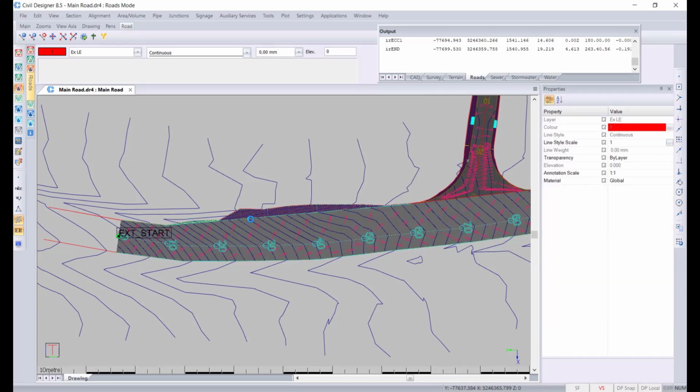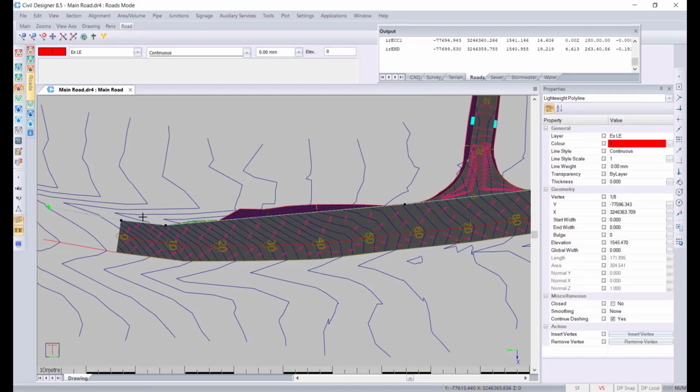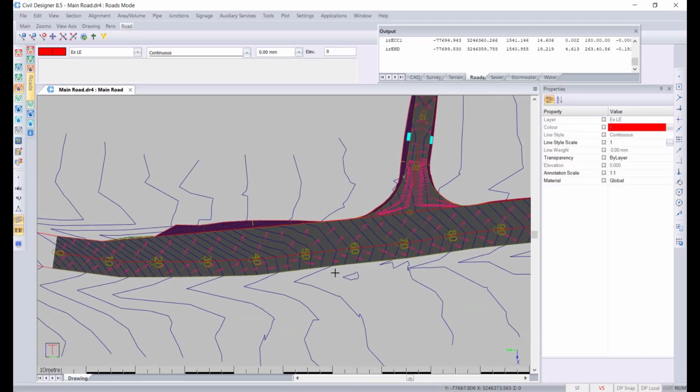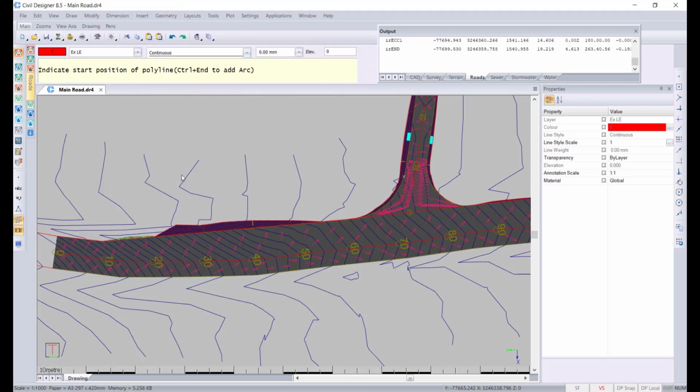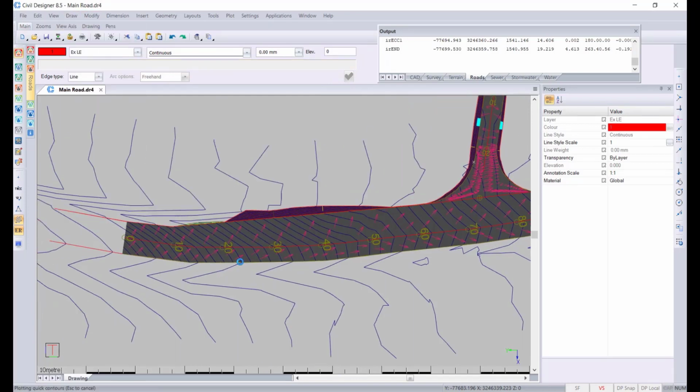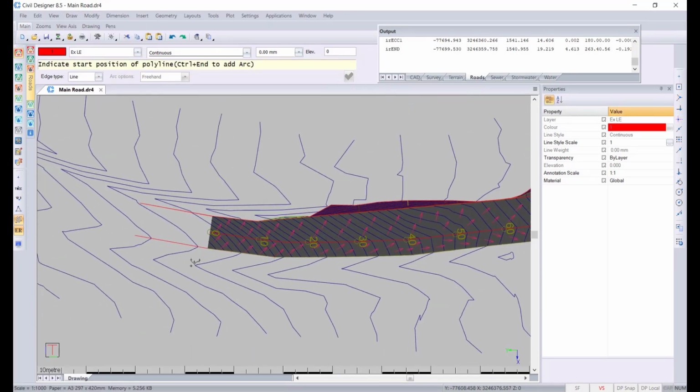We can also quickly just add another edge to this project. Just want to see this edge that we have here, lightweight polyline, needs to be on a layer called new left edge. And I would like to just do the right hand side quickly, and that'll lead us into the second chapter. So I'm going to quickly go back to our lightweight polylines, and we will then use the snaps again, snap along this route,